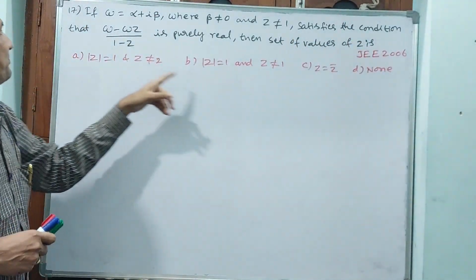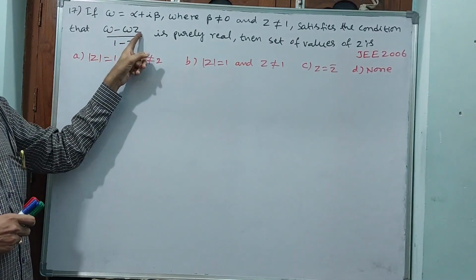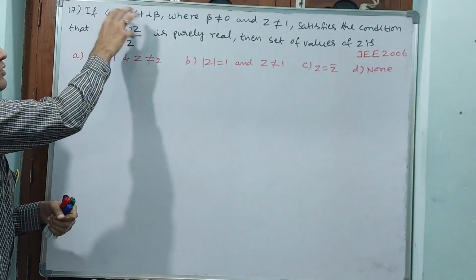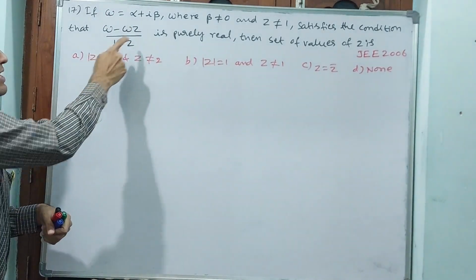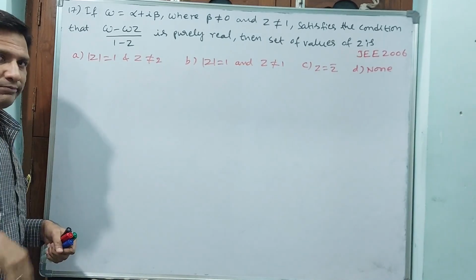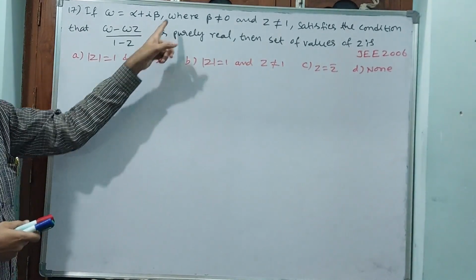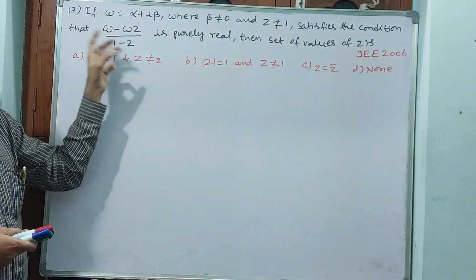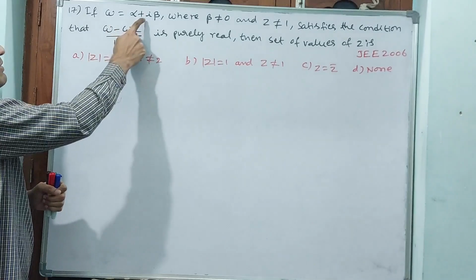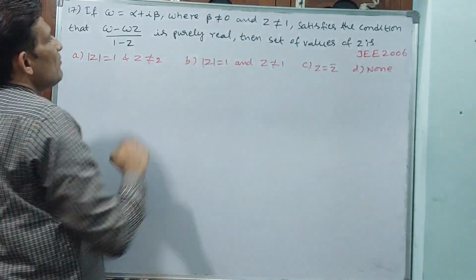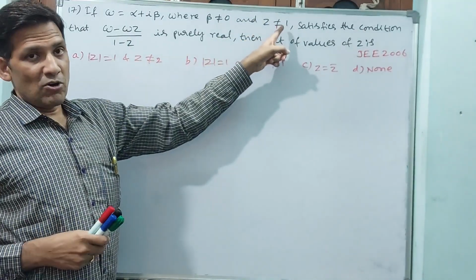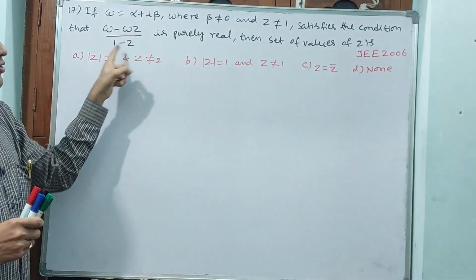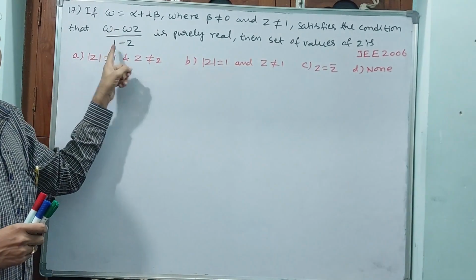Satisfies the condition that omega minus omega z by 1 minus z is purely real. That means this complex number being real means the imaginary part of this is 0. That we can show. But this is not one number, this is a complex number. This is not equal to 1. But we don't know whether z is a complex number or only a real number. We don't know. But when the combination of omega and z in this form is going to give a real number,